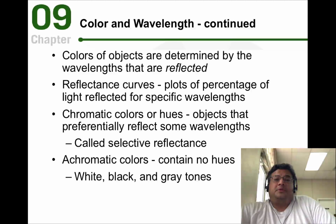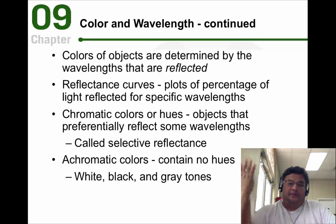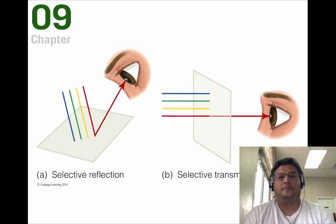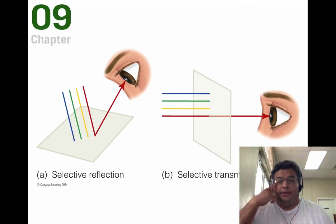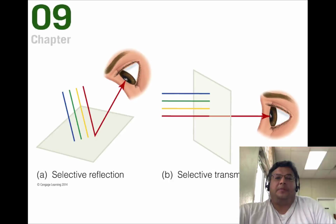There are also colors that we perceive as achromatic. There are no hues. In other words, there are no colors. And these are white, black, and gray, which of course are important colors for art and for fashion and whatnot. So on this slide, which is from your book on page 202, we have some very simple examples